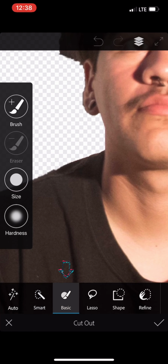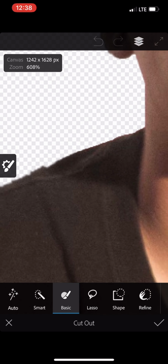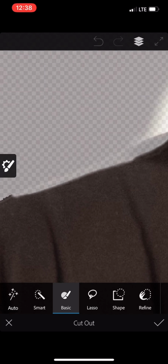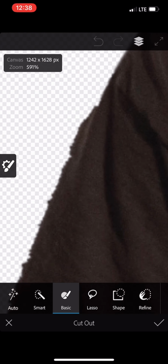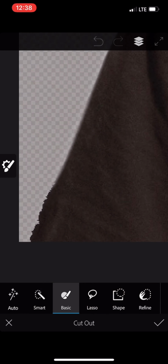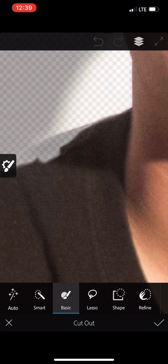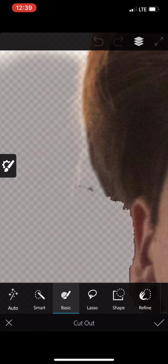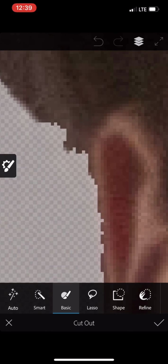Now I'm going to select Basic and Erase to get rid of any jagged edges or any leftover pieces of the background that I want to erase. I'm going to fast forward this process. Know that the longer you take on removing the fine lines and edging around the subject, the better your photo